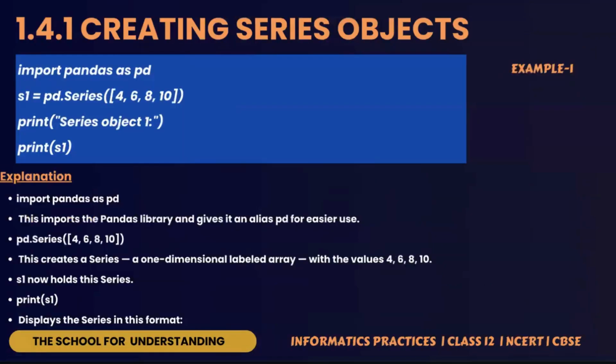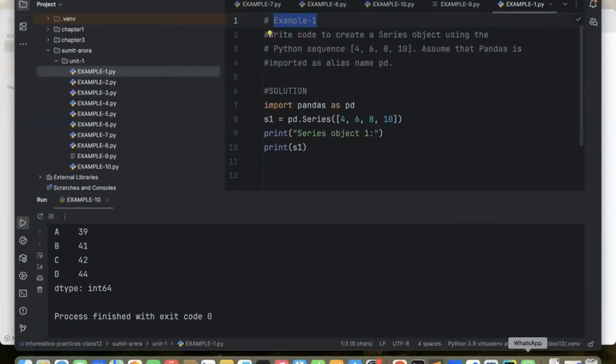The first example is we have to create a series based on some sequence of numbers. So this is what we have to do. We are going to develop this program. We will not just learn it, but we are going to develop it. So I have developed that. If you look at here,